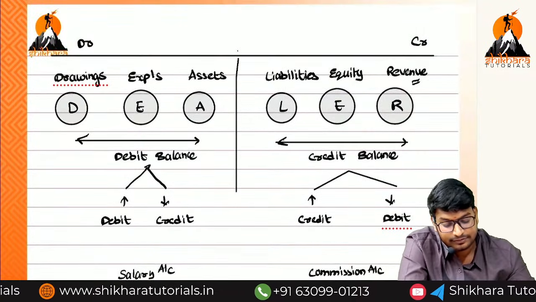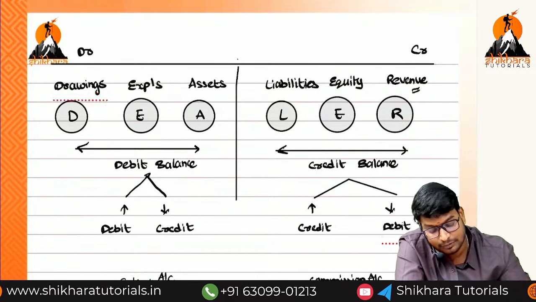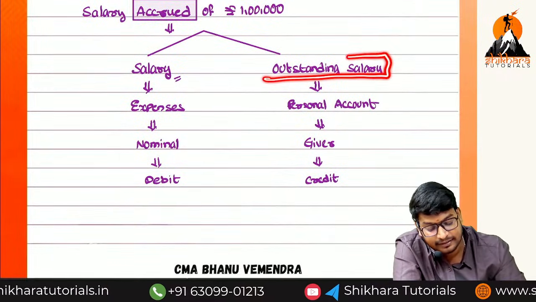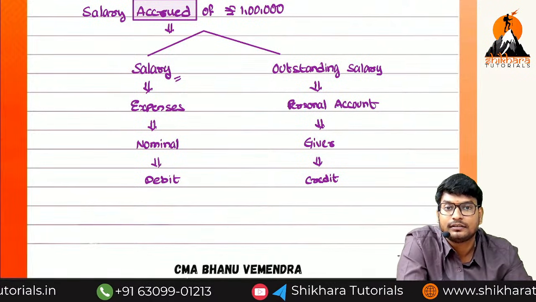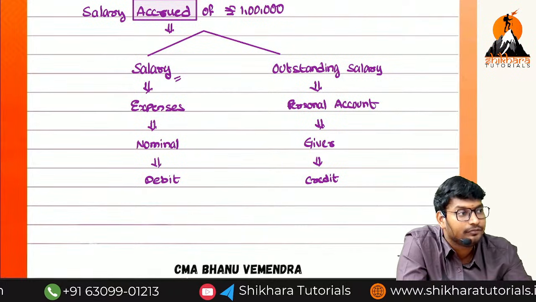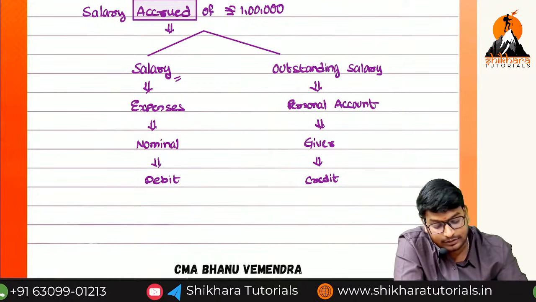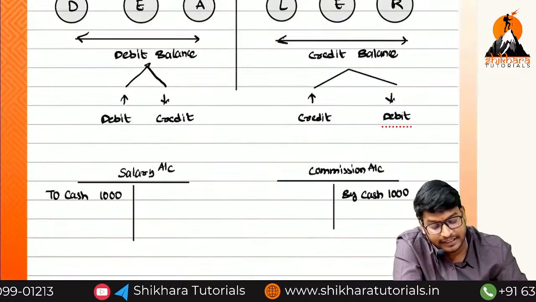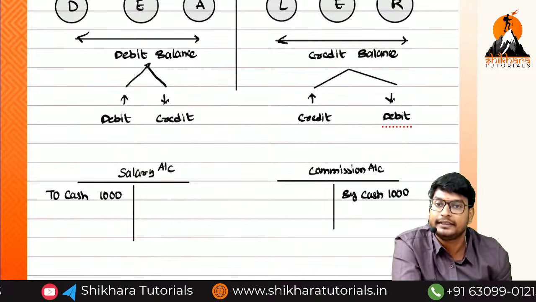Now, see this. Liability has which balance? Credit balance, because it is available on the credit side. Apply this now. Outstanding salary is nothing but a liability. Liability increases or decreases? Liability we have to repay. Balance increases, so liability has a credit balance. Increases means what do we have to do? Credit. That's all. It is credited.